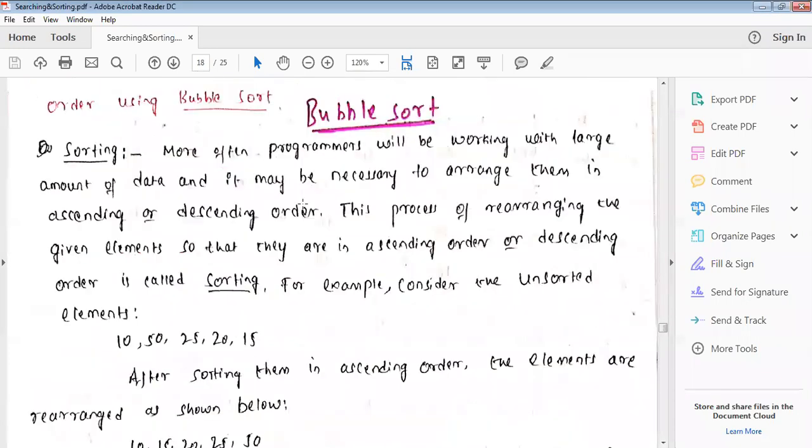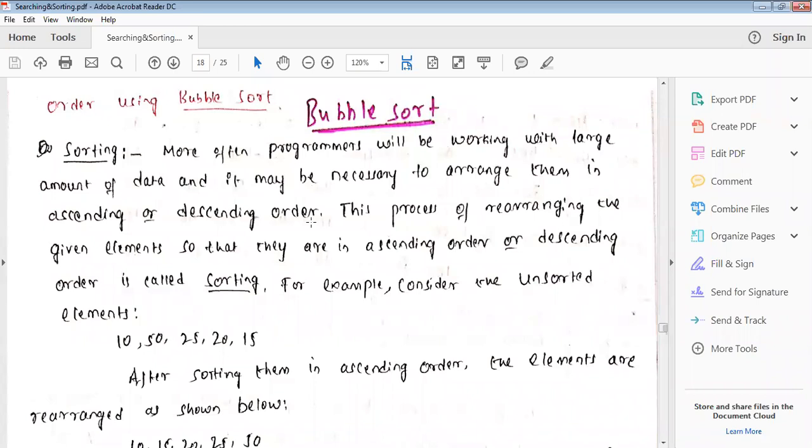So next one is the bubble sort. This is another type of sorting algorithm. Sorting algorithms are divided into two types: one is the bubble sort, another one is the selection sort. Sorting is also a very simple algorithm. Here you are sorting the elements in ascending order or in descending order.